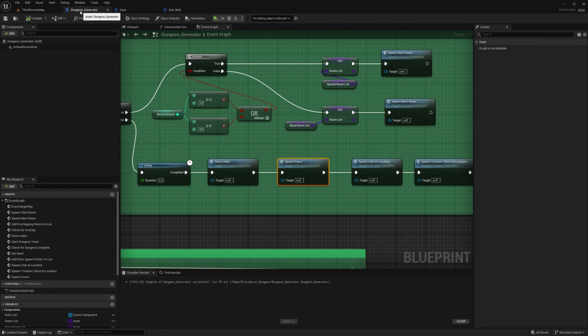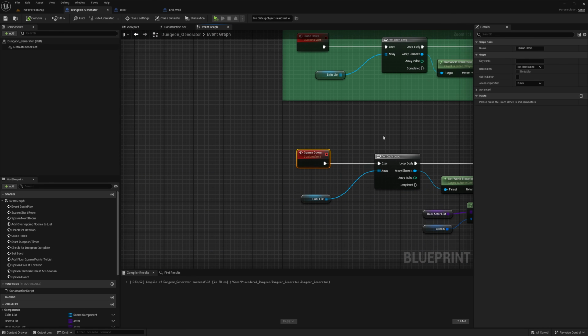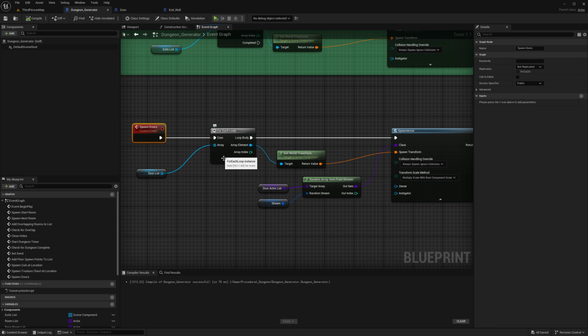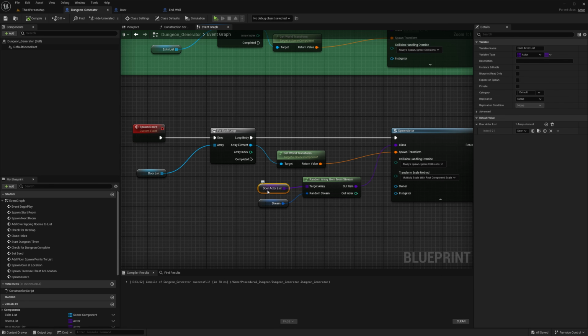I think what we can do now is go into the spawn doors here, go into the door actor list. There's only one door. If we add a new one here and we set it to none, then there's a 50% chance that a door will spawn.